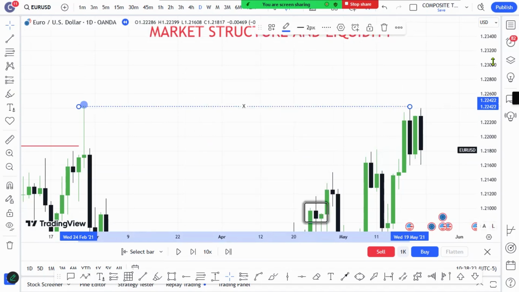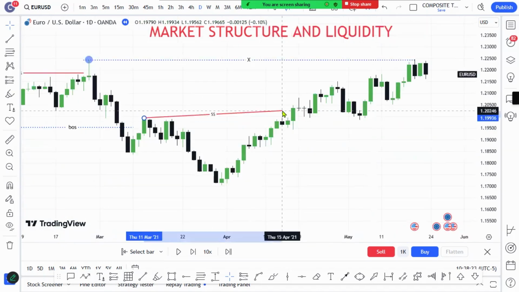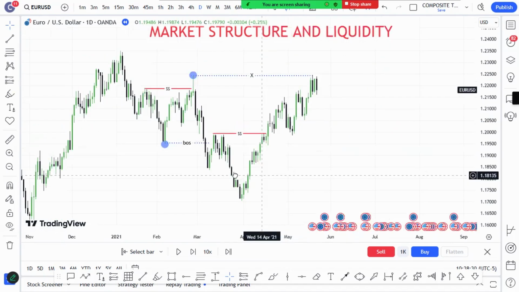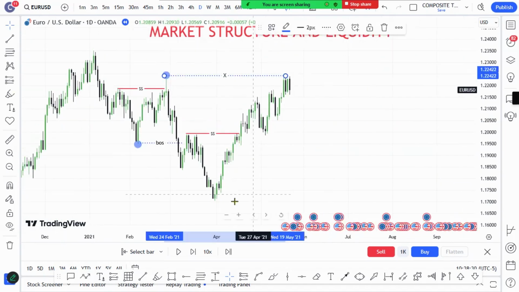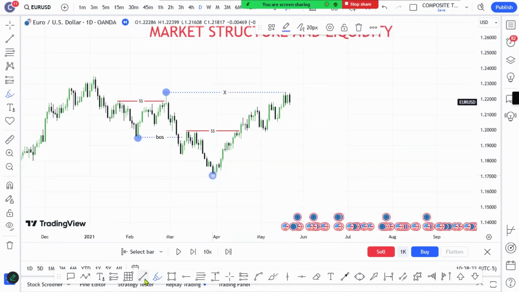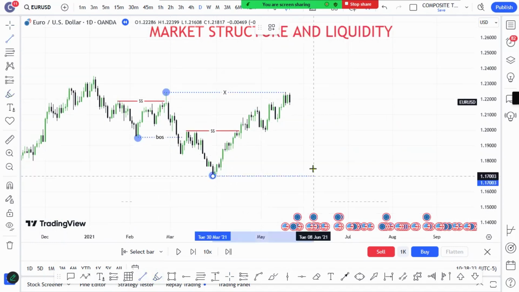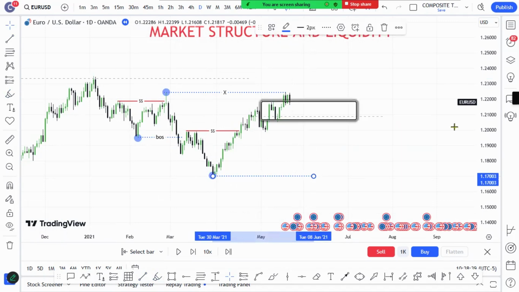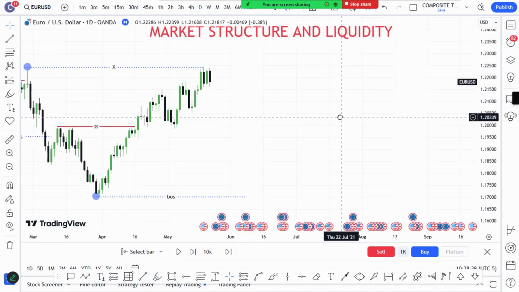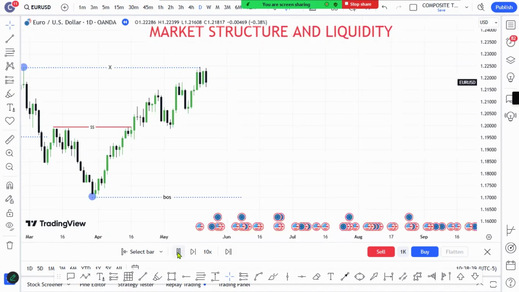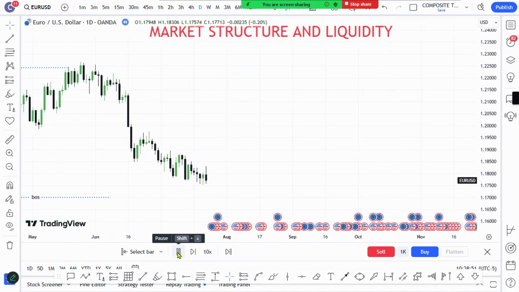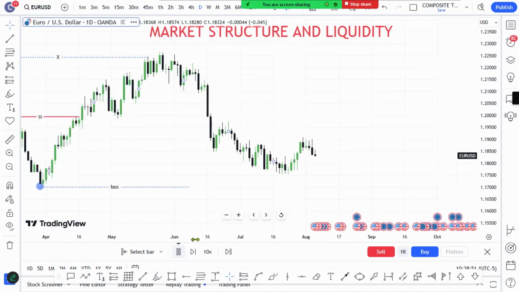And once that level has been taken out, this was just the first liquidity. The one there is a major extreme liquidity here. So we'll have our lower low, and right now we want to see the market closing below this zone. So let's see what is here. Okay, you can see what is happening here.